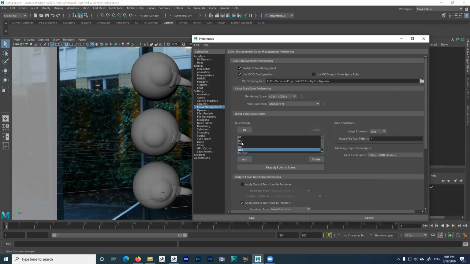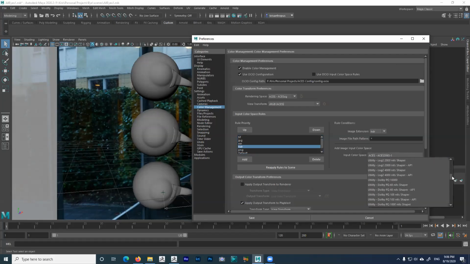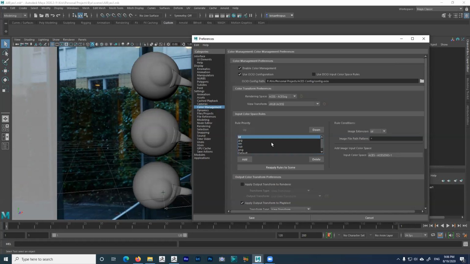So for the other ones, for TIFF, EXR, and HDR, I'm gonna switch here too. So HDR, let's just confirm here. TIFF, I'm gonna switch to TIFF in here. Right there. JPEG is JPEG, EXR, EXR, HDR, HDR, PNG, PNG. Okay, so HDR, we're gonna switch to utility, linear, sRGB, EXR, utility, linear, sRGB. And then for the TIFF, in case I'm using like TIFFs like 32 bits straight from ZBrush,